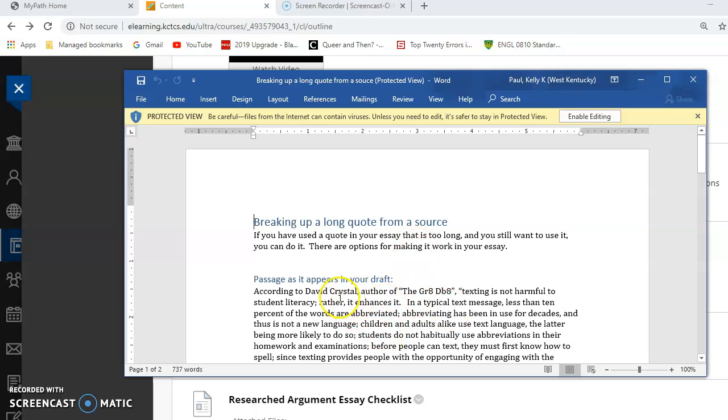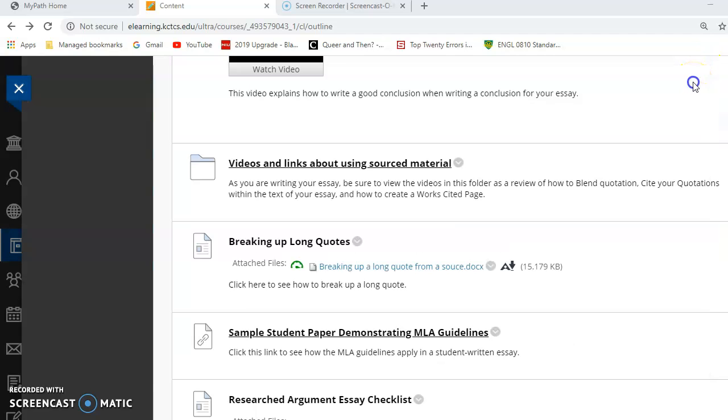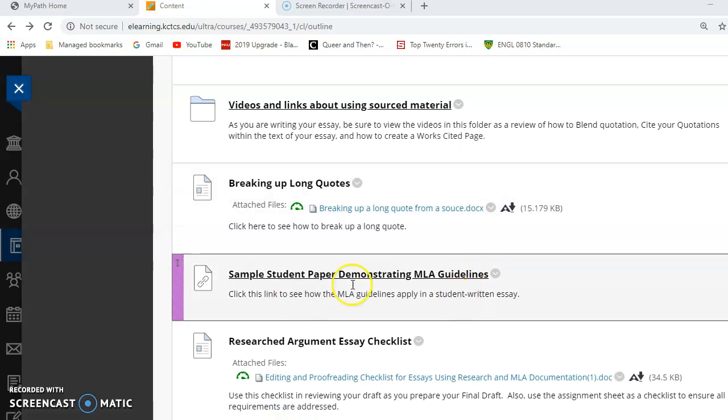If you realize that that is what happened, when you get to the end and you're revising and you realize you have too many blocked quotes, please refer to this. If you have any trouble with it, please email me and let me know, and I'll help walk you through it. Again, here's some other